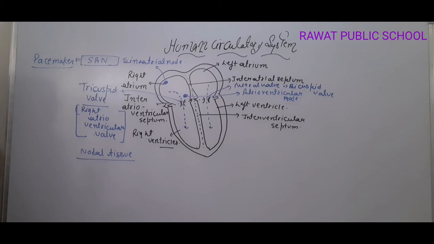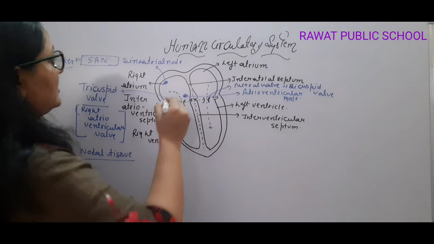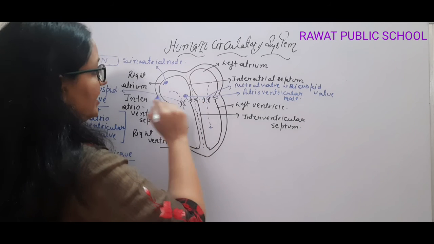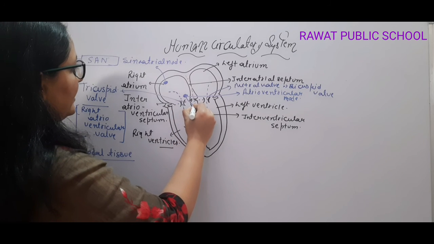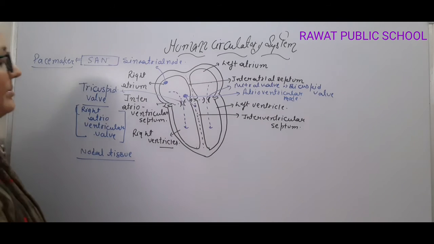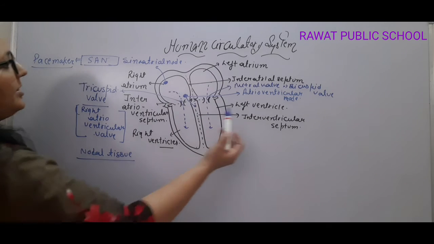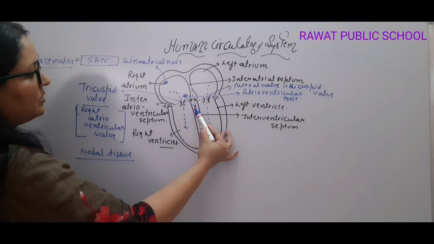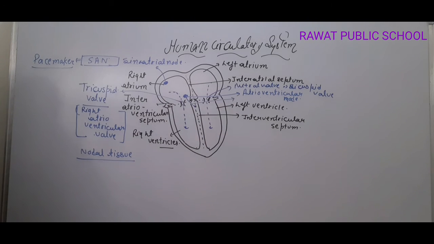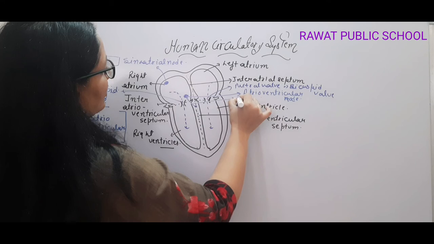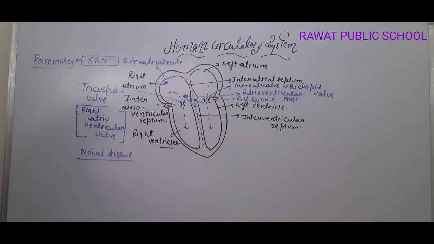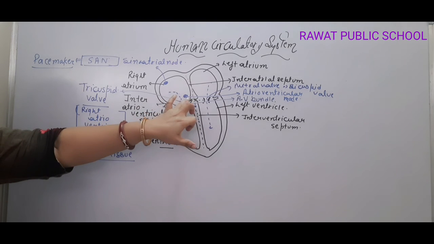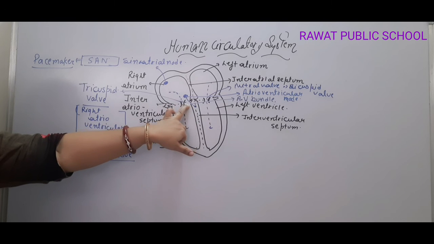Now the next, other nodal fibers which come from this AV node pass through the atrioventricular septum and then reach the interventricular septum. These fibers, which come from the atrioventricular node and emerge on the top of the interventricular septum, are known as atrioventricular bundle. So this atrioventricular bundle comes from the atrioventricular node, passes through the atrioventricular septum, and then